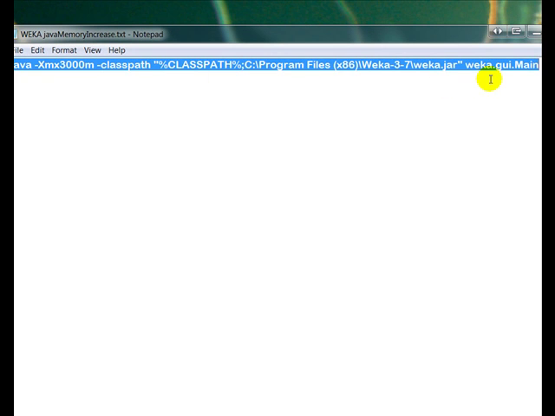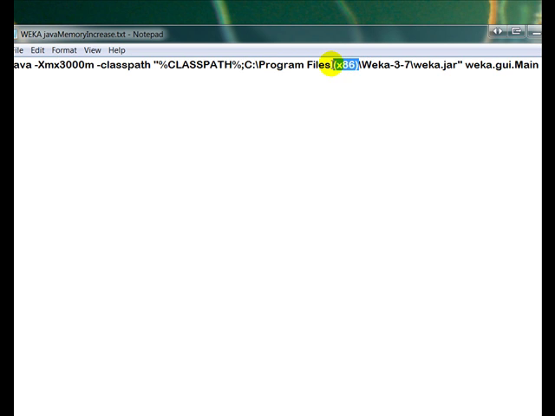Okay, Java. This is the location of where my Java program is, so yours might be different. You might have to change this part here, maybe you don't have x86 there. This is the location of my Java Weka.jar, which is the program. For example, yours might be just Program Files without that. What I do here is increase the memory that Weka will use, and I'm going to use 3 gigabytes, which is kind of a lot. So I use this command,